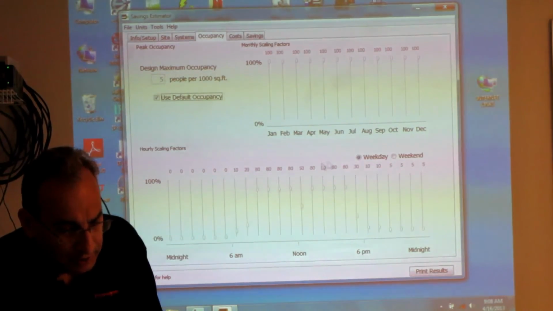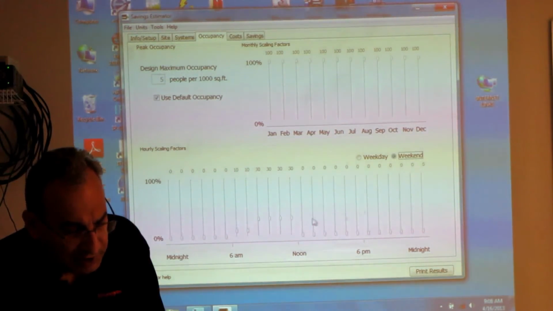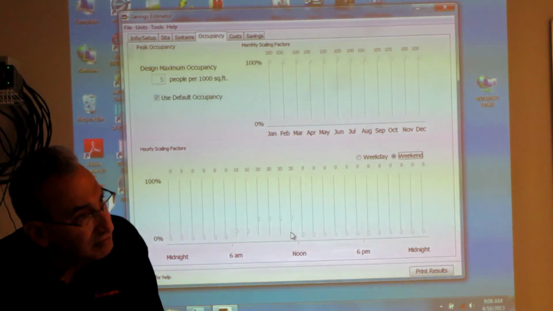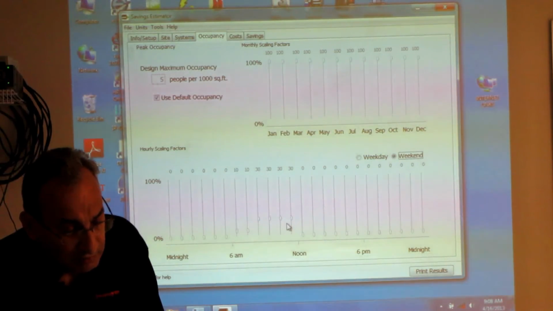So this would be right here. In weekends, right now it's predicting weekends just occupied between 6 and noon. Can you change those on there, Steve, or do you have to? I'd have to